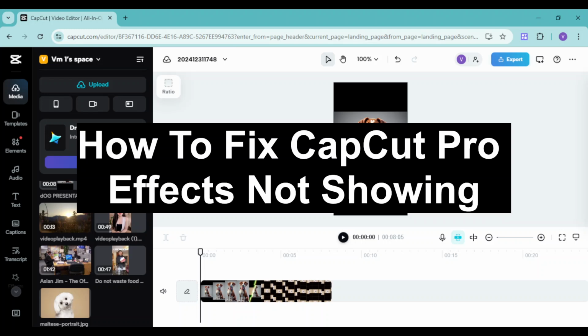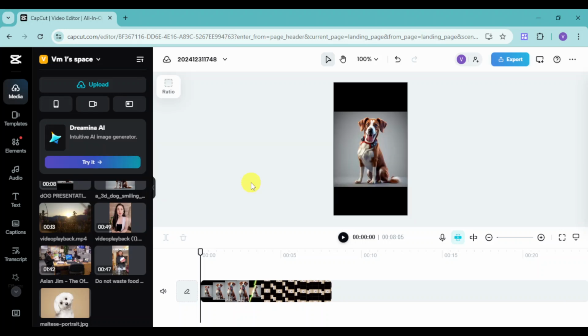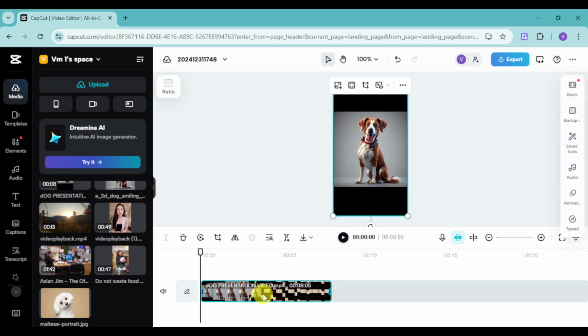In this video, I will show you how to fix CapCut Pro effects not showing. In order to fix this, you can try clicking on the particular part that you want to add an effect to. Now in here, we have some options like basic, background, and the likes. As you can see right here on CapCut Online, we only have these particular effects and some other